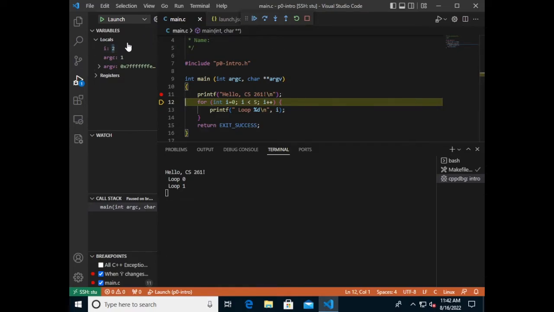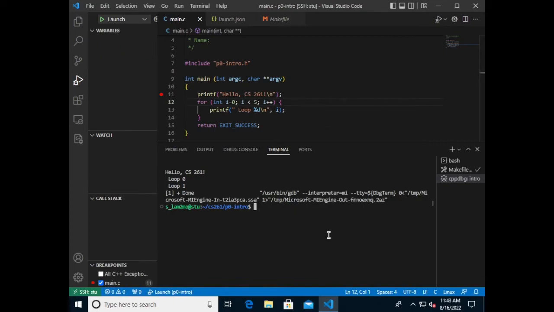So obviously this is not terribly complicated, but once you start working with raw memory pointers, this is a way to help find some subtle memory bugs where things are changing and you're not quite sure where they're changing. Okay, so I'm going to go ahead and stop the debugging here. There's so much more that you could say about debugging, and I do have some tutorials on debugging. But I would encourage you to explore and play with this and look for other tutorials online. There's a lot of useful things here that will make your life easier as you work on the projects in this course. But I don't want to spend too much time covering them all right now.